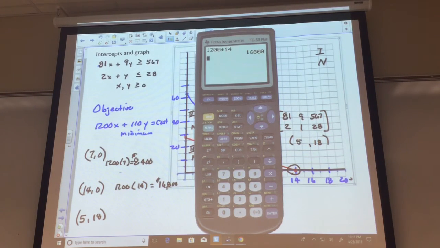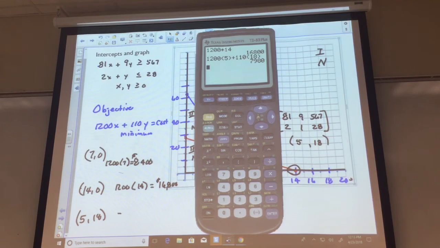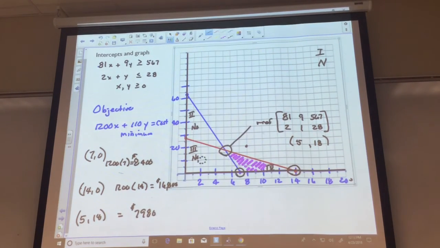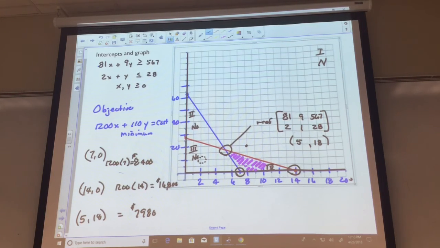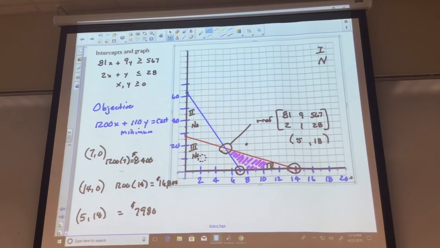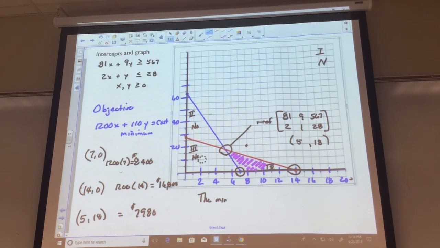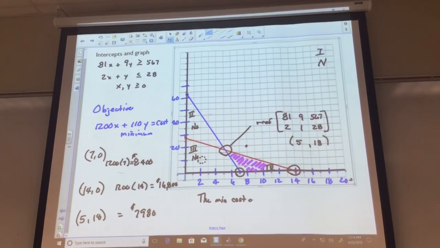5 and 18. 1,200 by 5. And 110 by 18. So now we have all the facts in front of us. The best way to get my people there for the cheapest cost, the minimum cost of